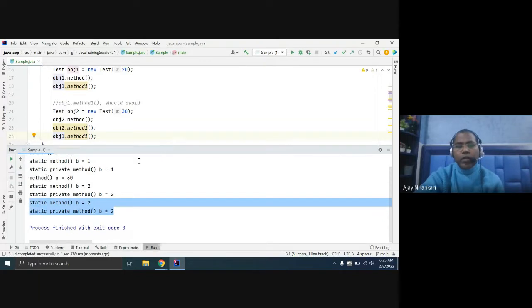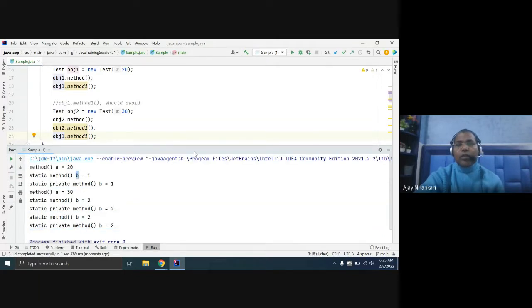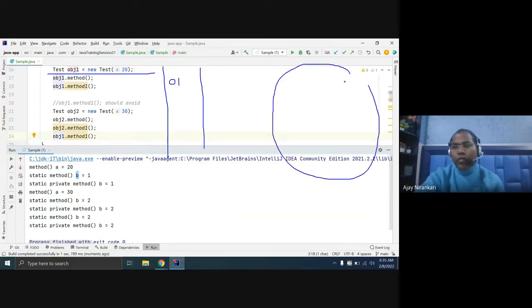Why? Because these are static variables. Let's see how it happens. Whenever your code runs, here you are going to create object one. This is going to create a new object in heap memory. This object has two instance variables, a and b, so memory locations are created for them, a1, a2.